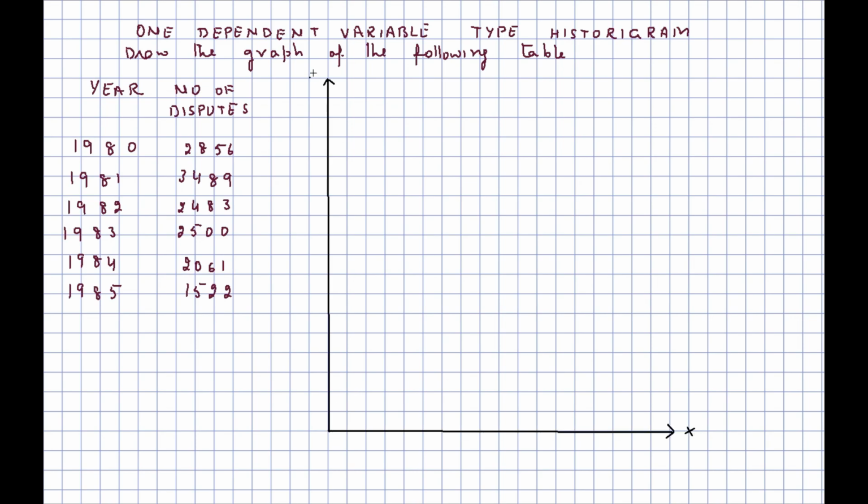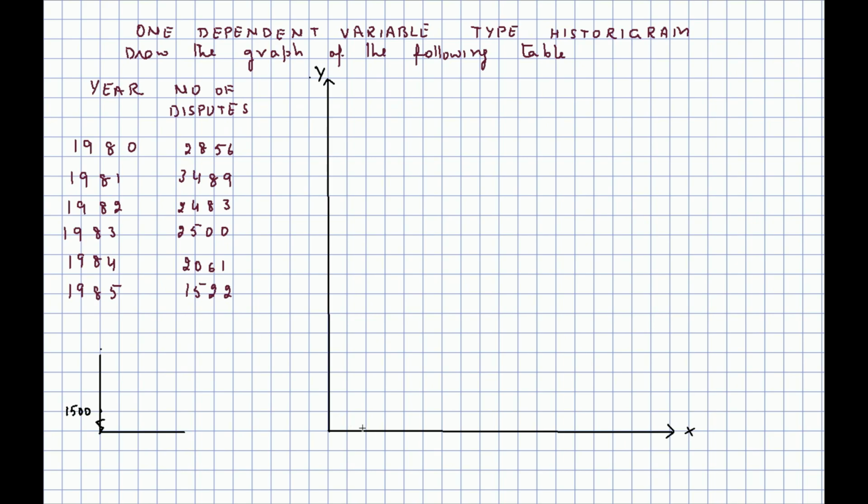Now we will represent this table graphically. We will have y-axis and x-axis. In the case of historigram, we can break the y-axis if required, but as a convention we will never break the x-axis. Over here we will break the y-axis and choose a false space, that is 1500, and use a kink like this to represent the breaking of the axis. Now this false space is given either the lowest value of the data, which is 1522, or we can have the value a little lower than that, like 1500 over here.